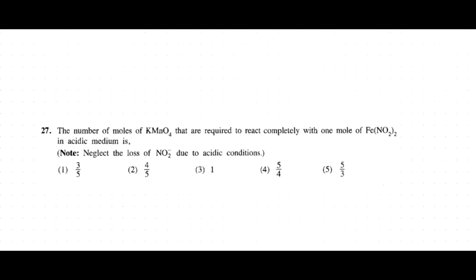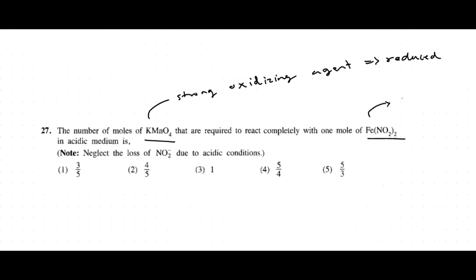So if you consider potassium permanganate, you know that potassium permanganate is a strong oxidizing agent. It's an oxidizing agent, which means in the reaction it gets reduced and it oxidizes the other reactant, which is ferrous nitrite. So in this reaction, the ferrous nitrite gets oxidized. So you have to find the number of moles of potassium permanganate to oxidize 1 mole of ferrous nitrite